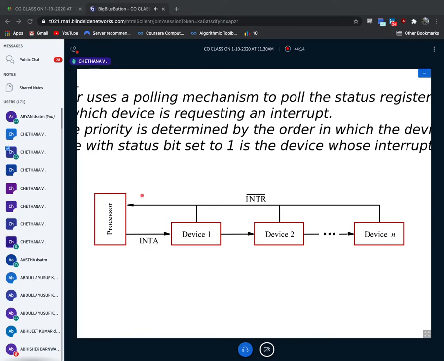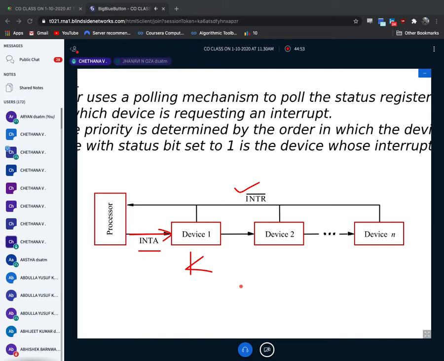I'll send an interrupt request. The processor will say, okay, I will receive your request. At that time it will give you an acknowledgement. How is that acknowledgement given? INTR means you are requesting the processor. INTA means, okay, I've accepted your request, I will process your keyboard data. This is your keyboard, no? So it requests the processor's service, and the processor says, okay, I'll process your data, I will read your data. That is the acknowledgement. That is what INTA means. Are you agreed? Like this, there are device 2, device 3, and many others.